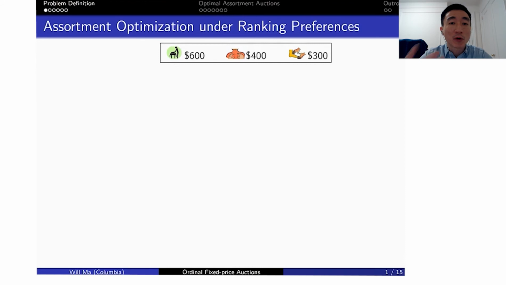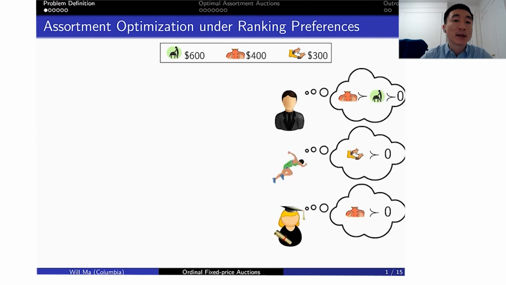Imagine you're running a massage salon where you have three different options. You could either give a full body massage for $600, or a back rub for $400, or a foot rub for $300. And an important assumption in the assortment optimization problem is that the prices here are fixed, which means that these are market established prices that you do not have control over. So I can't change the prices of my services. But what I do get to control is the subset of services that I actually show to the different customers